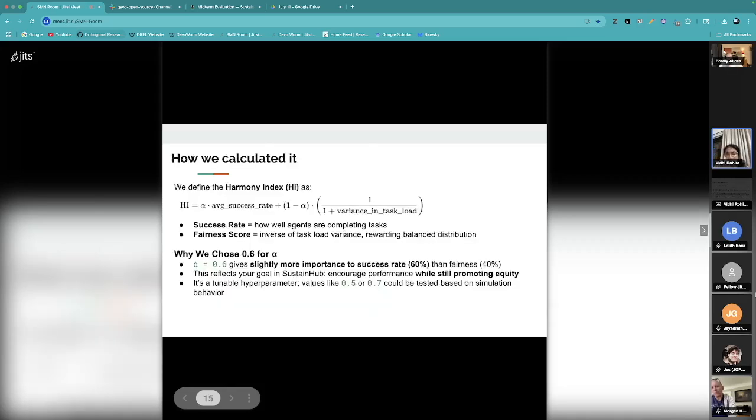For the harmony index, I've used this formula, which is inspired from a paper. I'll add the link to that paper as well. The formula is alpha times average success rate plus 1 minus alpha times the fairness rate. This is from the Markov games paper, where they used a utility formula that calculates utility as alpha times utility 1 plus 1 minus alpha times utility 2. Instead of utility 1 and 2, I've replaced them with the success rate and